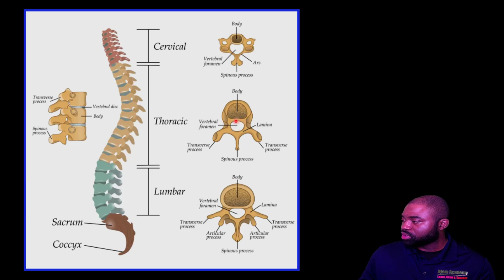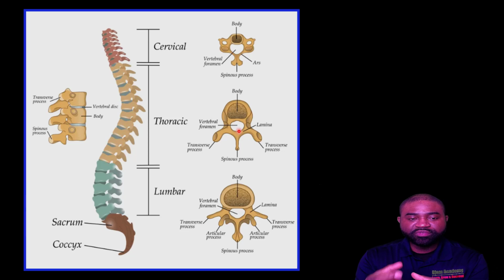The hole is called the vertebral foramen, at the center of the vertebra, through which the spinal nerves and the spinal cord go through. Separating the vertebral body and the transverse processes are the pedicles. Keep in mind that the pair of transverse processes are actually oriented about 90 degrees to each other and